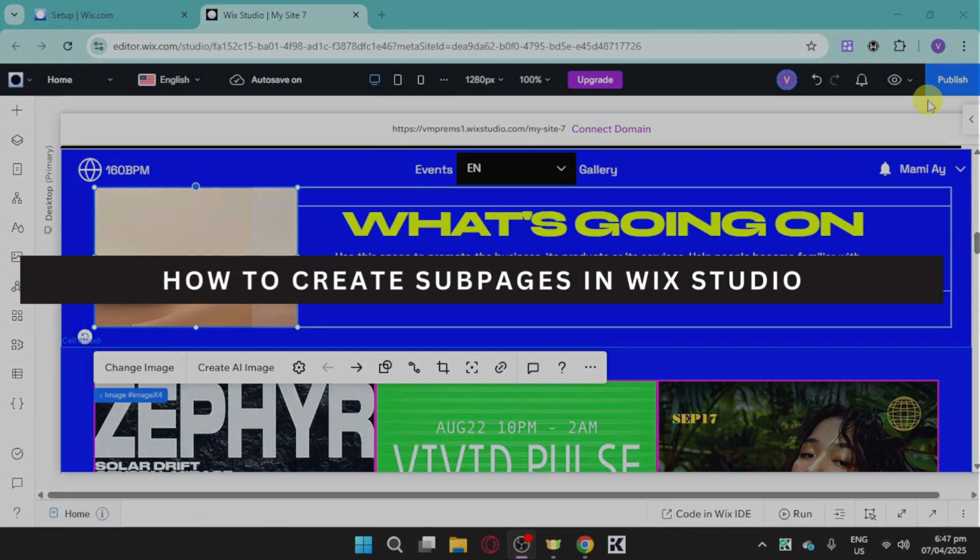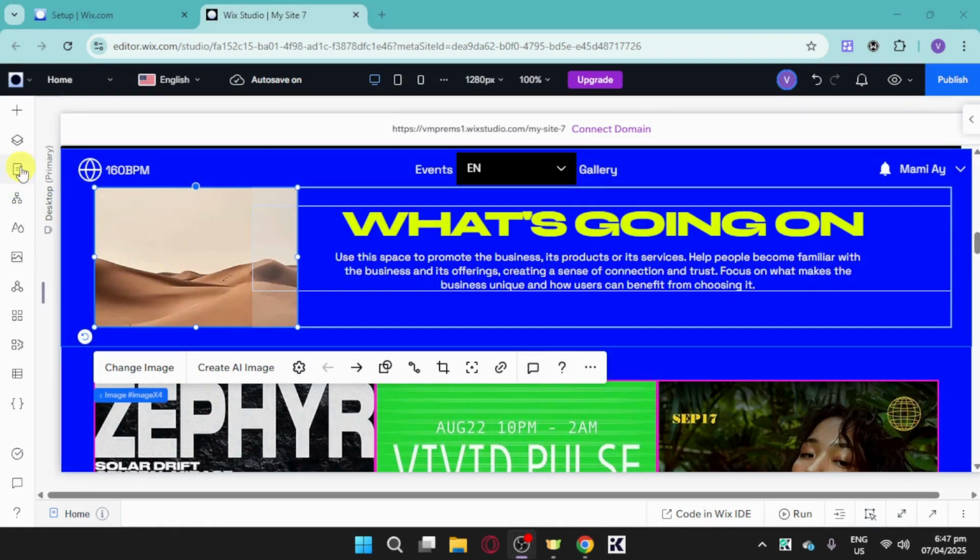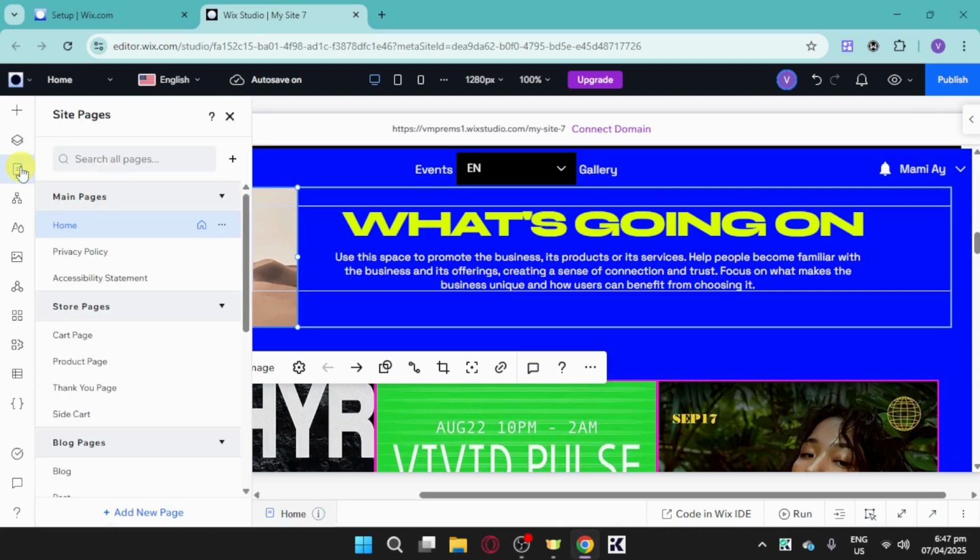How to create subpages in Wix Studio. In order to do that, head over right here to your pages icon in your Wix Studio. Then once you have done that, we have in here the main pages and the likes. So what we can do is we can head over and then just add in here a new page that